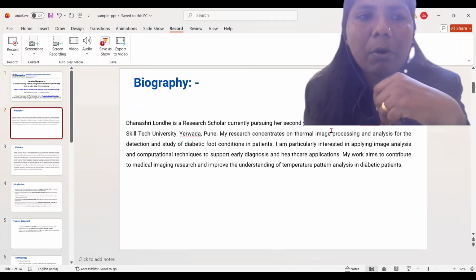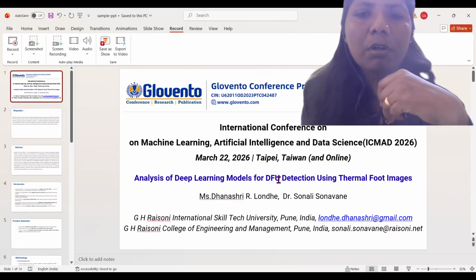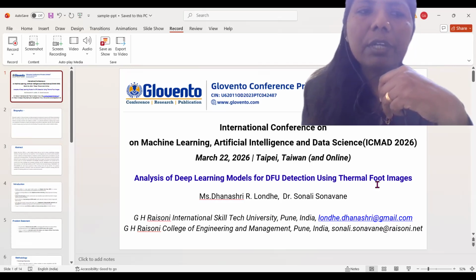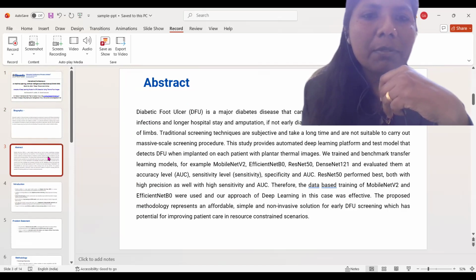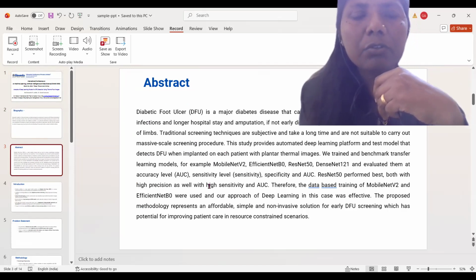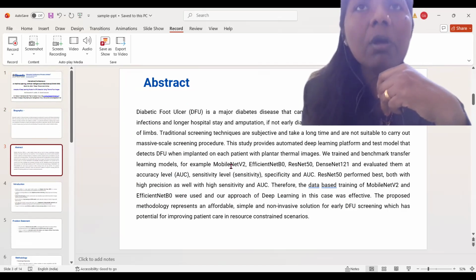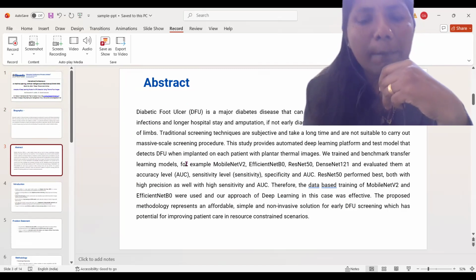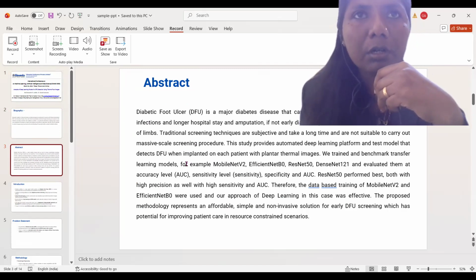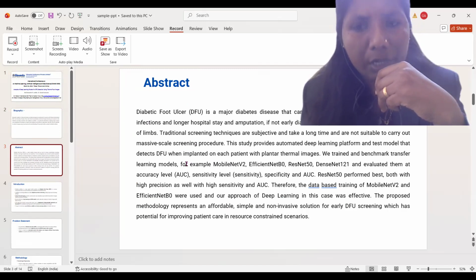So my topic is about analysis of deep learning models for diabetic foot ulcer detection using thermal foot images. So the abstract for this is that in this system, we are going to study different deep learning models which are going to give you a comparative study of thermal images of the plantar foot for detecting diabetic foot ulcer